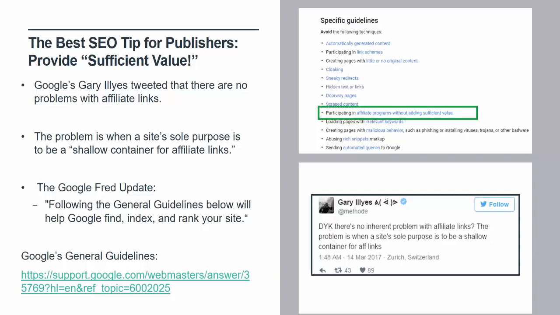So if you're going to create 15,000 landing pages that only have one coupon code, take that energy and effort instead and write a 500-word blog post saying why the products you're promoting are great. That is probably the one tip that I had for you today, but there are still tons more hidden gems that I have for you coming up. But please, sufficient value till the cows come home, guys.